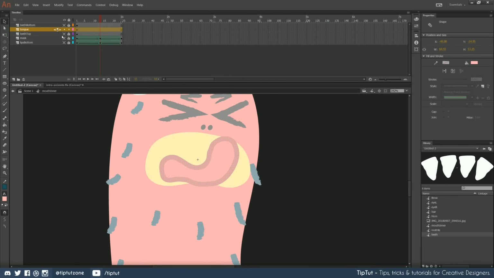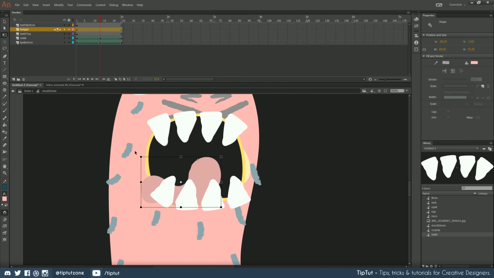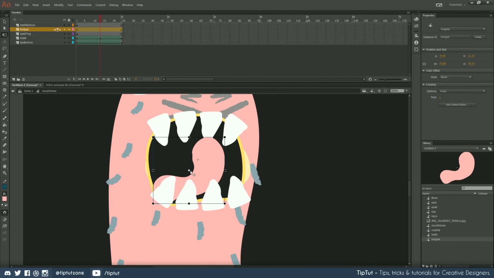Fill it in like that. So what was happening there is it was accidentally selecting the layers underneath it. So now I've got my big tongue and I'm just going to bring him around like this. Stick him there. We'll make a symbol out of him, why not? And put the anchor point somewhere down there like that. Then we can have this guy rotate around a little bit.